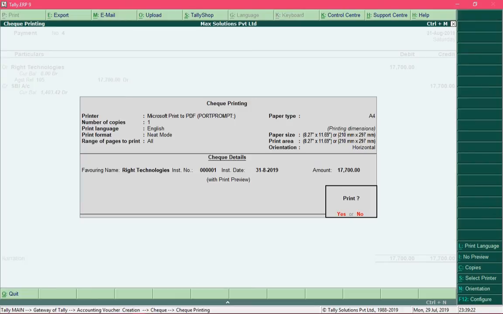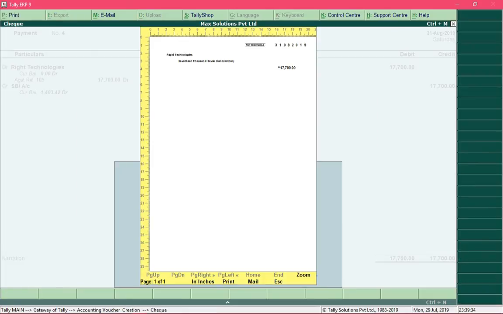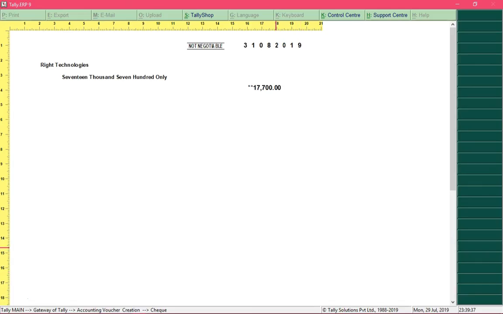As soon as you press Ctrl A, Tally will prompt you to print the check. In order to preview the check, you can press the letter Y. You can see that this would be the information which would be printed on the check, and you can see the information that we provided at the bank allocation screen.